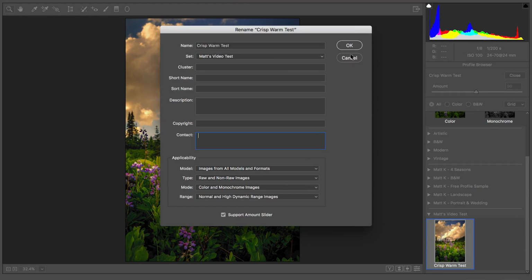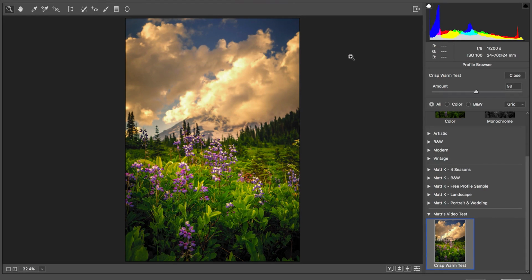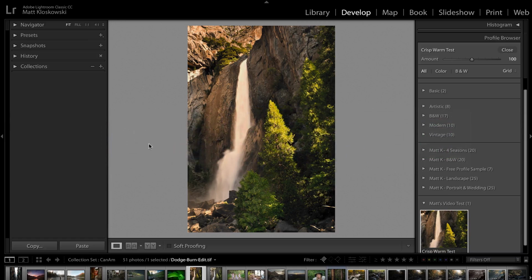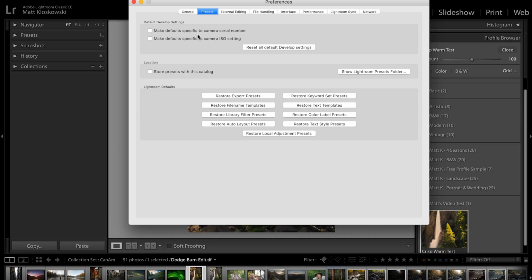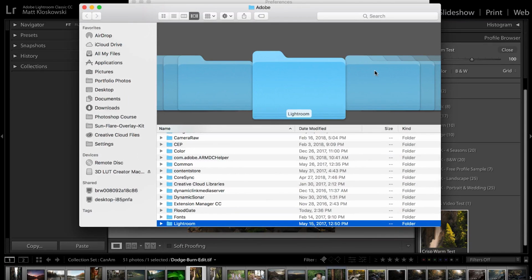And then support the amount slider. So if you're going to make them for somebody and you don't want to have an amount slider, you don't have to have it, just uncheck that little box and it's gone. All right, and let's go ahead and cancel out of there. And the last thing here, I want to show you where they're stored. Easy way to find them, I just go to my Lightroom preferences. There's a path for this as well, but I go to my Lightroom preferences, I show the presets folder, and then instead of diving into that Lightroom